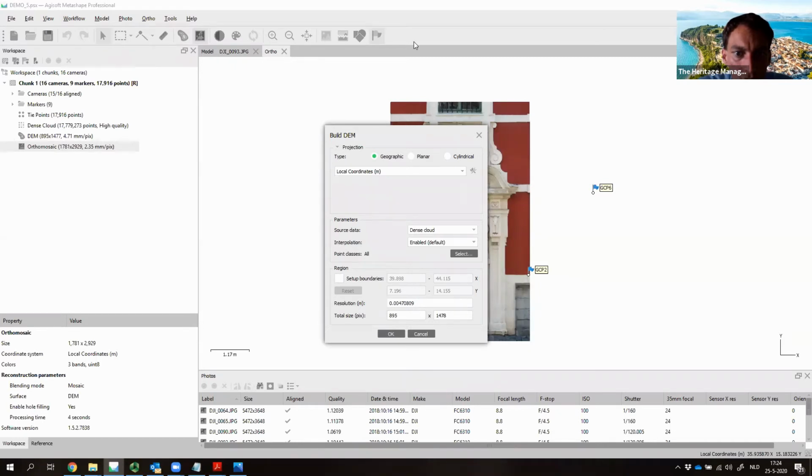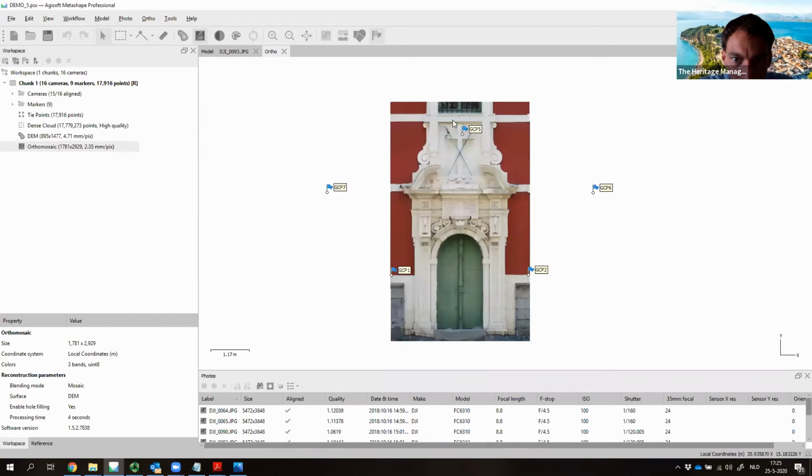My screen is now shared normally. Yes, for me it stopped when you were exporting the orthophoto. Okay. Yes, me too. Okay. Then let's go back to